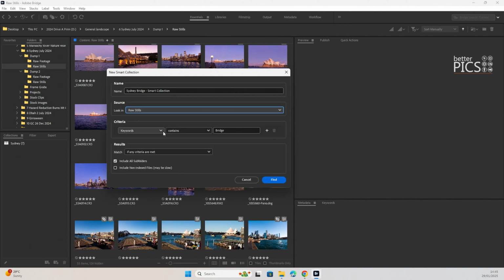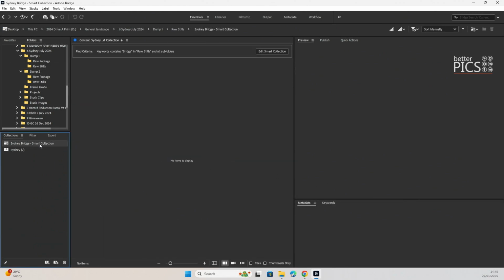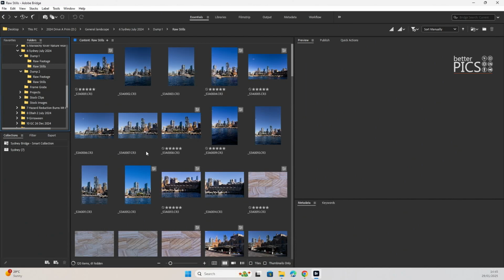And you can have specific criteria, which means that Adobe Bridge is going to go looking for specific images or assets that fit that criteria. For example, at the moment, we've got a keyword and it contains bridge. And if any of that criteria are met, it will automatically put those assets or those images into the smart collection of Sydney Bridge. All right, so let's hit find. And there's none in there. And the reason that is, is because we don't have any images that have bridge